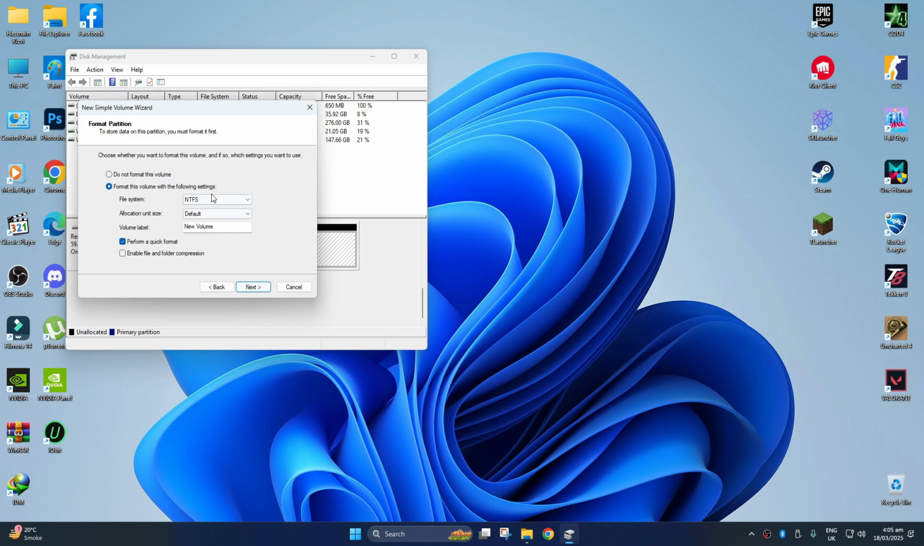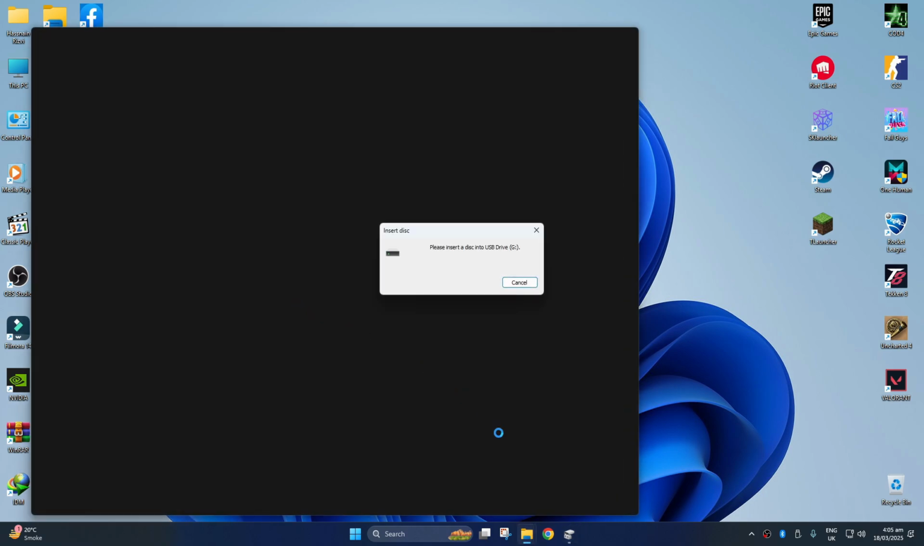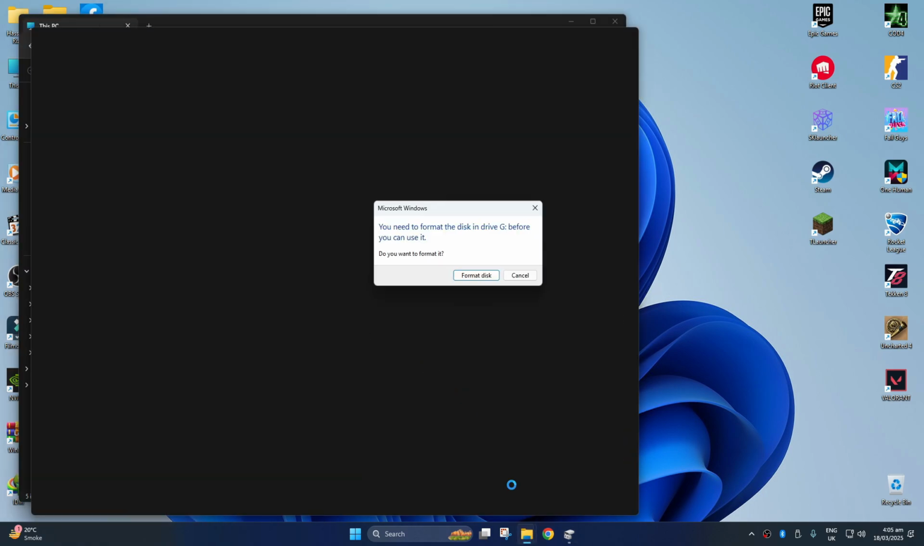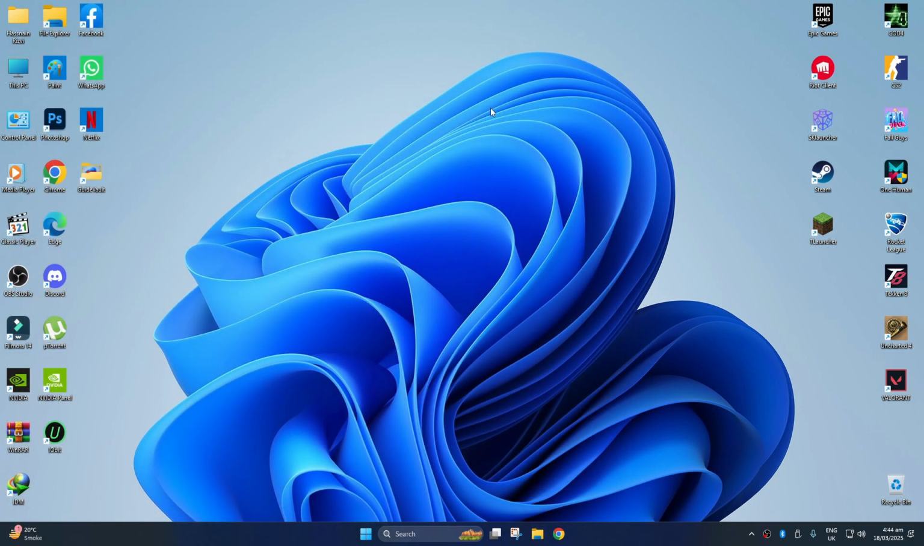Now format using the default settings. Click Finish to complete the process, and your USB drive should be now available in the File Explorer window. You may need to format it again. If none of these work, or you can't find your USB drive in Disk Management, it may be due to